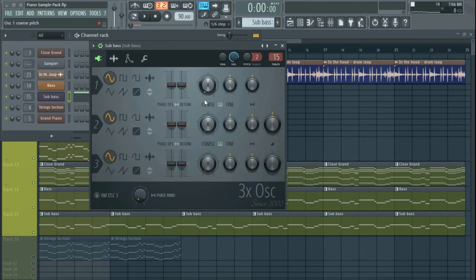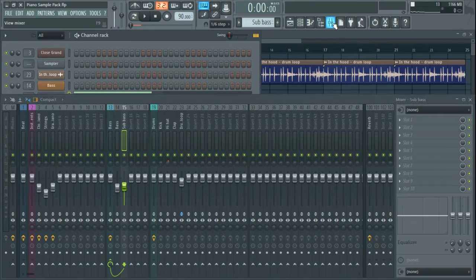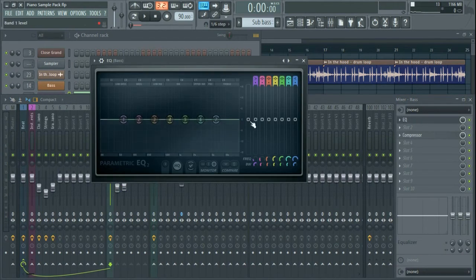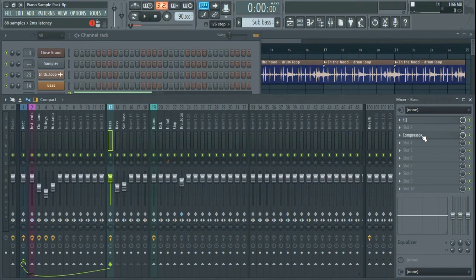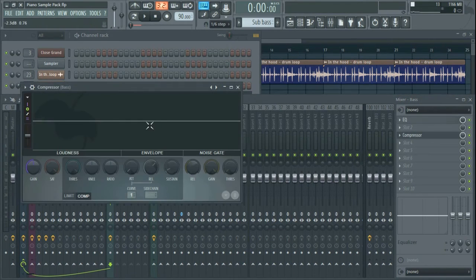This is just the octaves, and I lowered everything and put it in track 15. Okay, and no processing on each of the sounds. Here I have an EQ that is not doing anything, and also the compressor that is not configured.